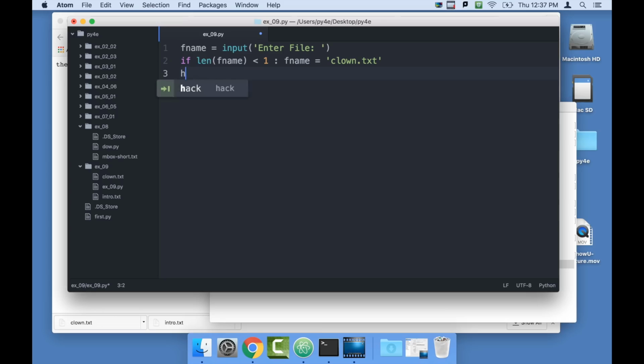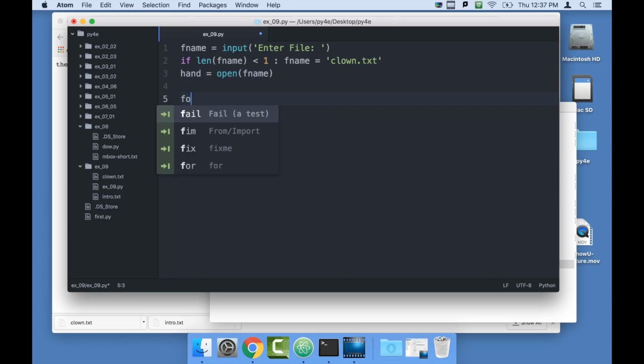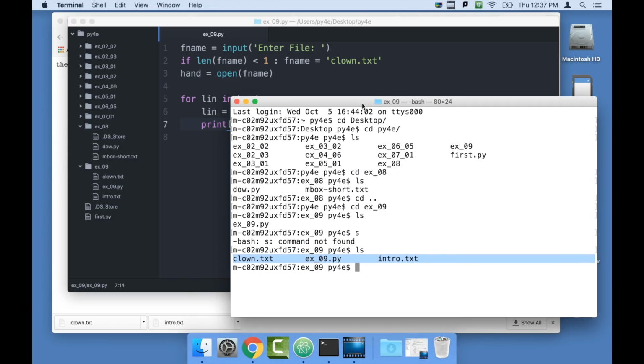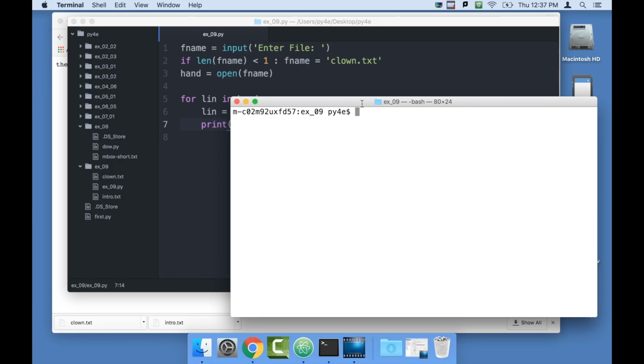So let me open that. Handle equals open fname. And let's read through it. For line in handle, we'll strip it. Line equals line.rstrip to take the white space off the right hand side, and then we're going to say print line. Again, I'm not just doing this. When I write code, I do this kind of stuff all the time just for my own sanity checking. And so now I'm going to run python3 ex